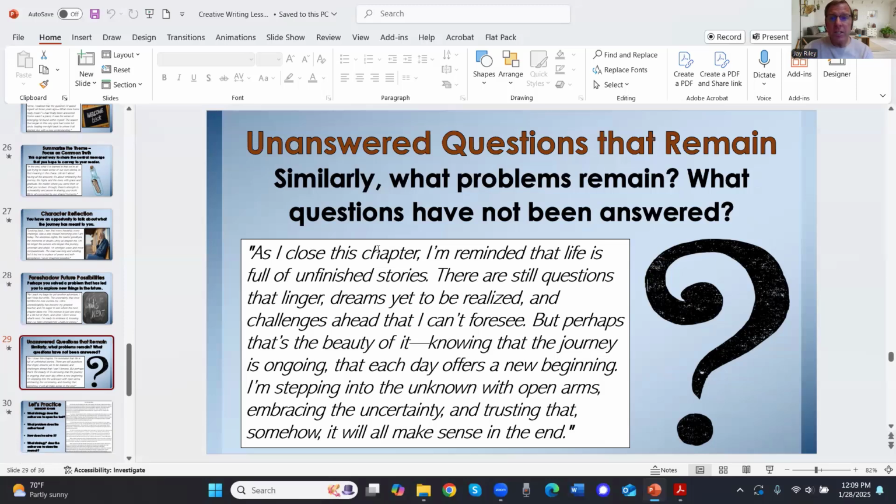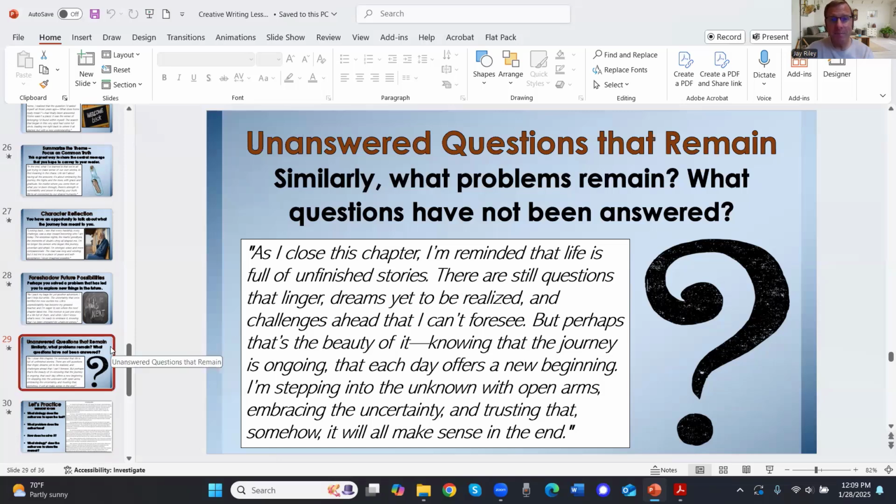So as I close this chapter, I'm reminded that life is full of unfinished stories. There are still questions that linger, dreams yet to be realized, and challenges ahead that I can't foresee. But perhaps that's the beauty of it, knowing that the journey is ongoing, that each day offers a new beginning. I'm stepping into the unknown with open arms, embracing the uncertainty and trusting that somehow it will all make sense